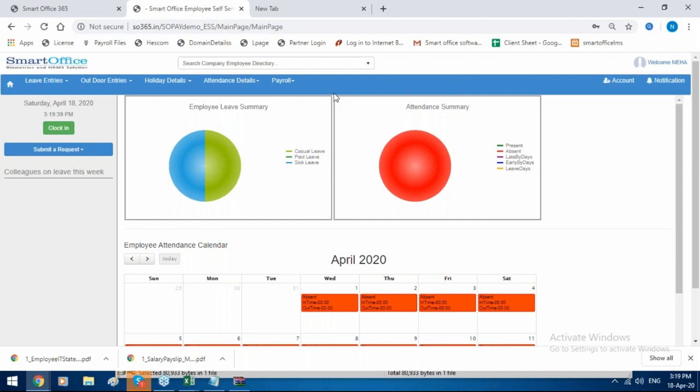Only one extra option is there, that is manager details, where manager can approve or reject resignations.